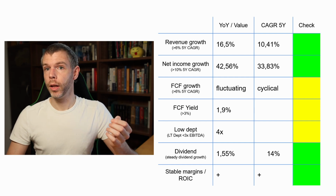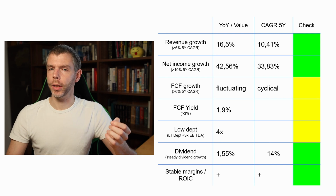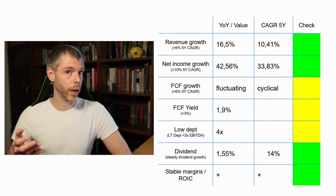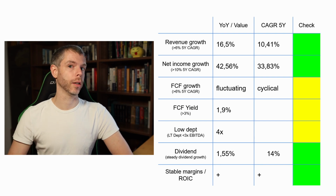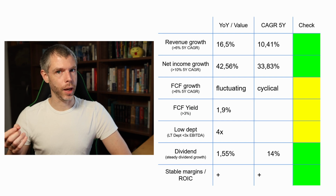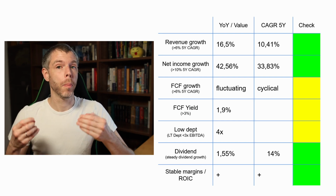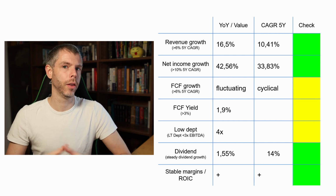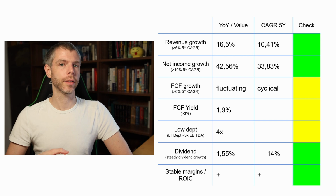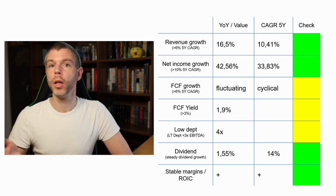So for this reason, this is first of all a yellow checkbox for me. If we look at the operating cash flow, on the other hand, we can see that John Deere had a CAGR over the last 5 years of over 40%. So when we look at the operations side of their business, they really can increase their cash flow. They are just returning all the cash they earn back to their shareholders, which in this case is basically good news for us. The free cash flow yield sits at 1.9%, which is lower than my threshold of 3%, so